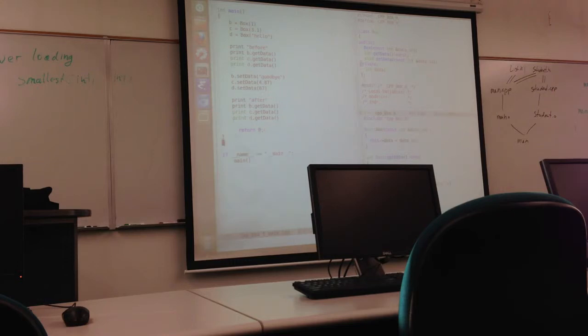I want to be able to create a box that stores an int, a box that stores a double, a box that stores a string,